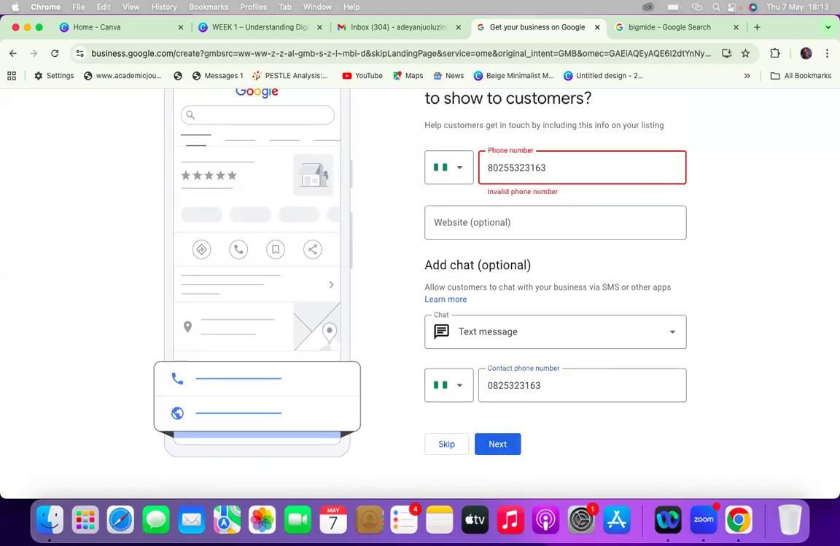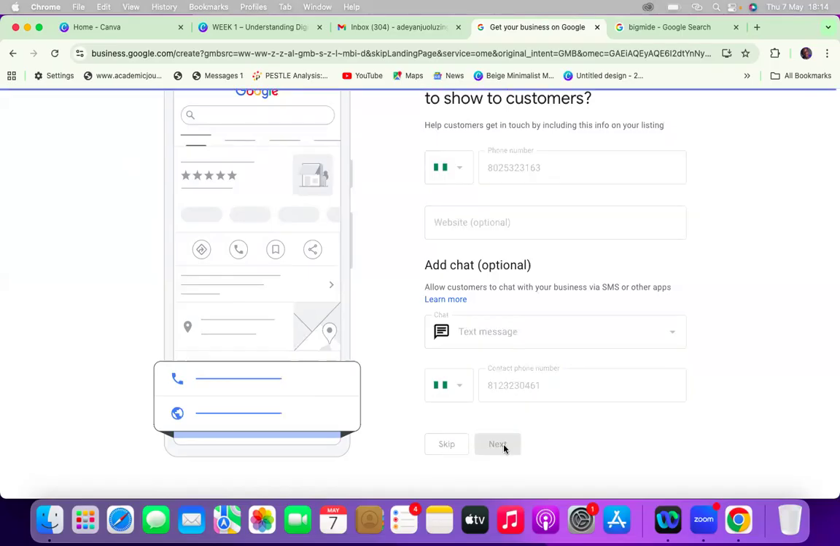Oh, sorry. Should go like this. 225 323 253 plus 234 plus 234 original 223. Okay, so